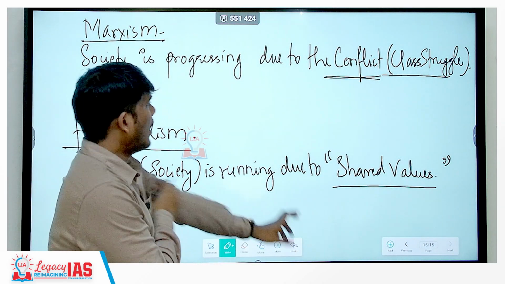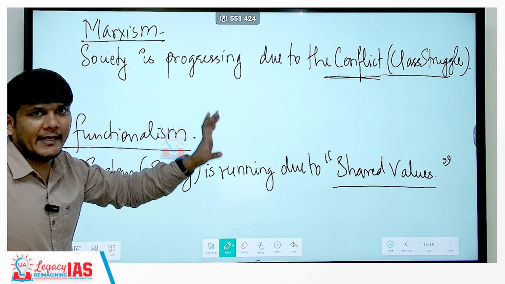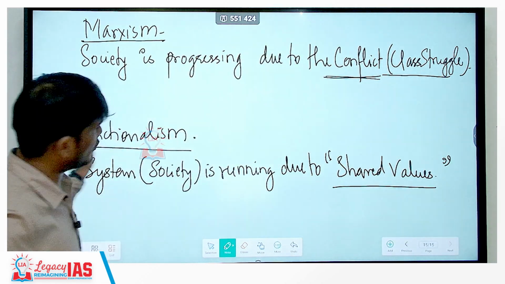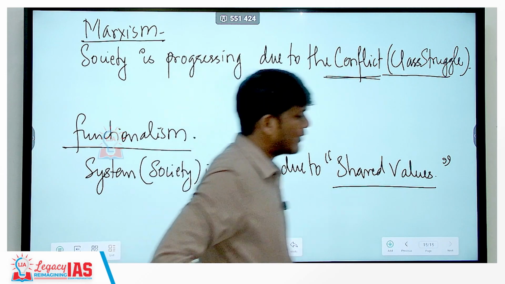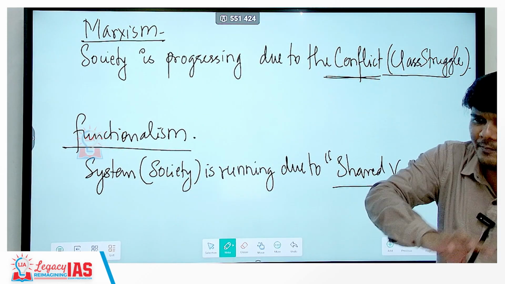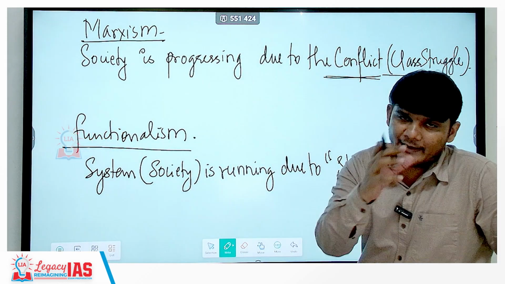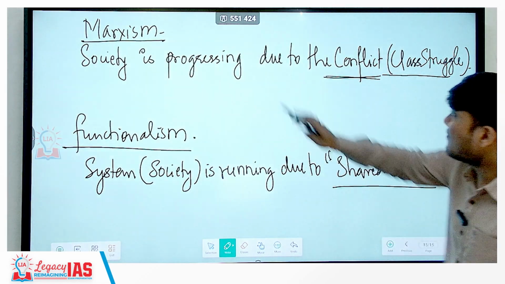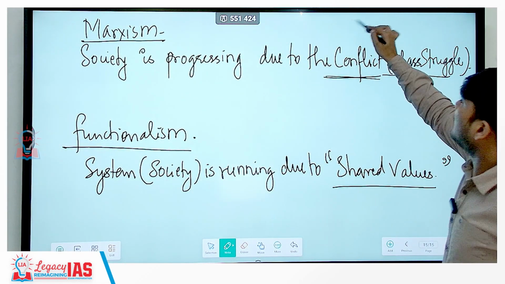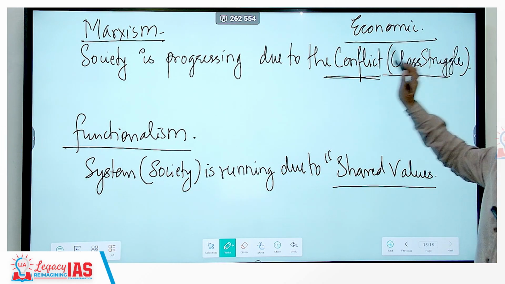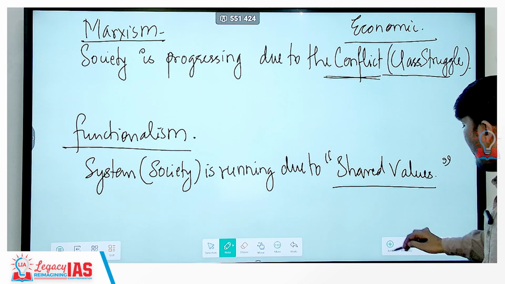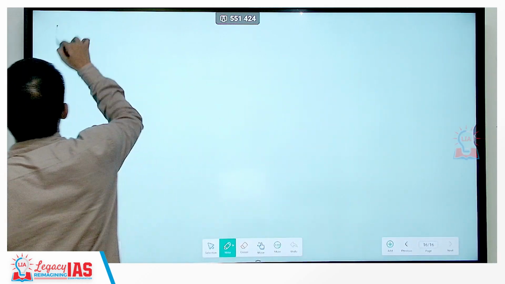Now the neo-conflict theory is similar. It is opposite to functionalism only. It is related to Marxism only, similar to Marxism, but there is a simple but very important change. What is that change? In Marxism, conflict is happening due to what? Due to economic factor, the economic ownership and non-ownership of the forces of production. But as per the neo-conflict theory,